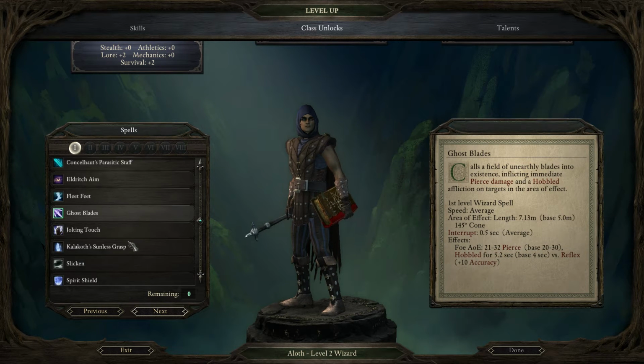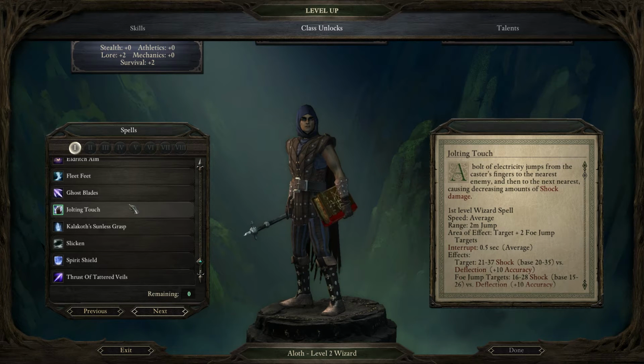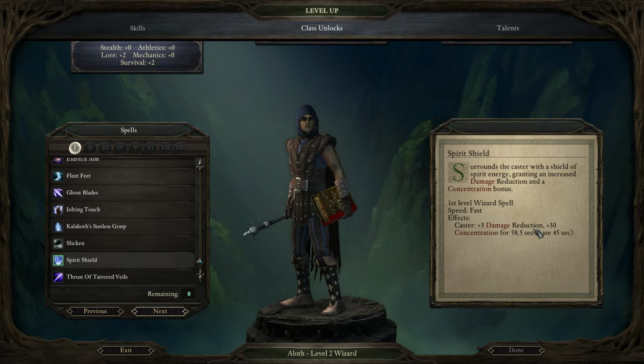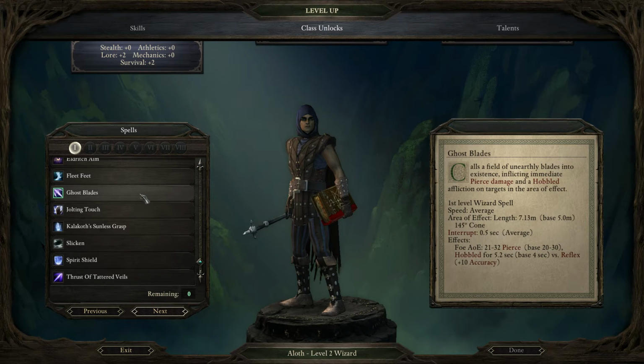Ghost Blades, I do remember going for Ghost Blades earlier on in my previous playthroughs. Inflicting immediate pierce damage and a Hobbled affliction on targets, that's pretty cool. Although it is not a ranged attack, if I remember correctly. Let's see, area of effect, 7 meters in length is a cone, yeah, that's right. Jolting Touch, I don't know. Slicken should be kind of good, but the radius is pretty bad. Spirit Shield, it gains damage reduction to the caster. And Thirst of Tattered Veils, this deals quite a bit of damage. 19 to 37 as opposed to 21 to 32